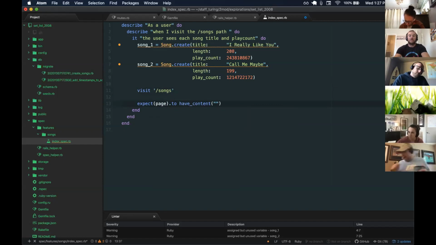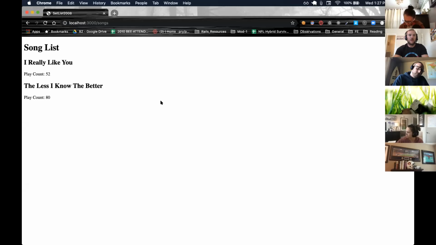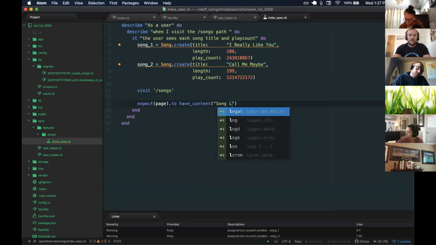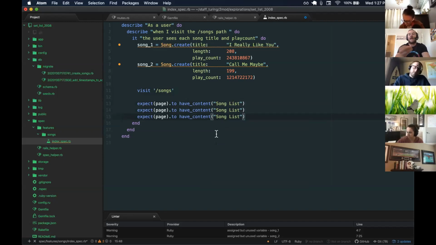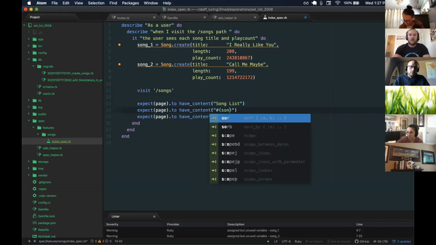I'm going to break from the lesson plan just a little bit, and I'll say, what did I call this before? Song list. All right, so I want song list to be there, and now I'll do some Command C, Command V, because I know my .to have_content is going to be the same. And now I want to string interpolate some things in here. So I expect to see a song.title,